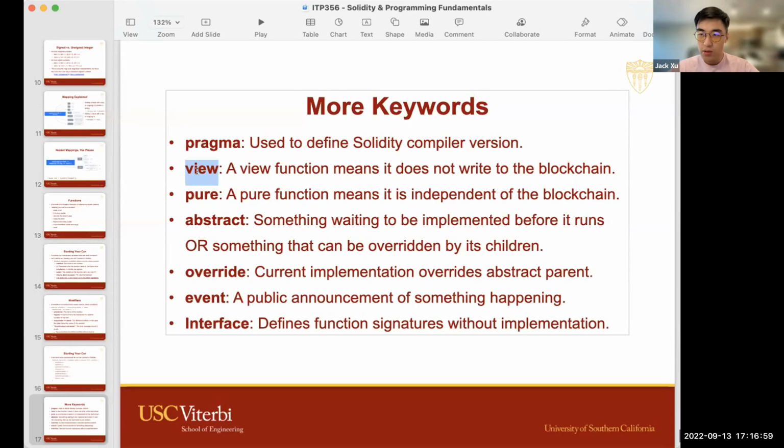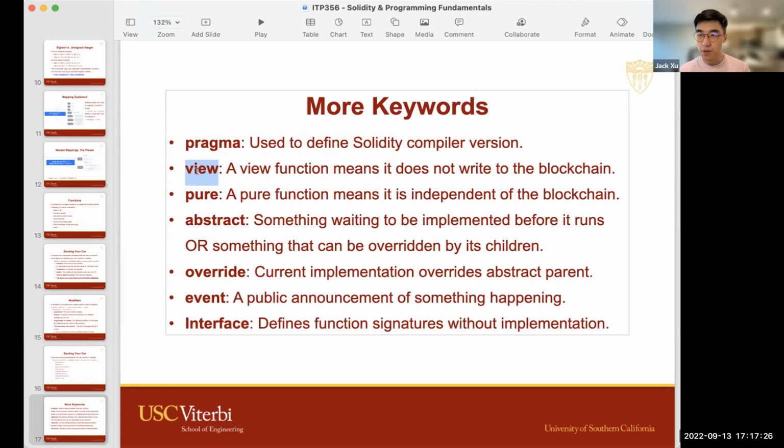So this is a rule, okay? For functions that are not view or pure, it doesn't matter what the return values are, you will always get a transaction receipt. You won't get the actual return value. Now, the actual return value of the function, if it has any, is embedded within the transaction receipt, but it will give you a whole transaction receipt because you're making a transaction, right?